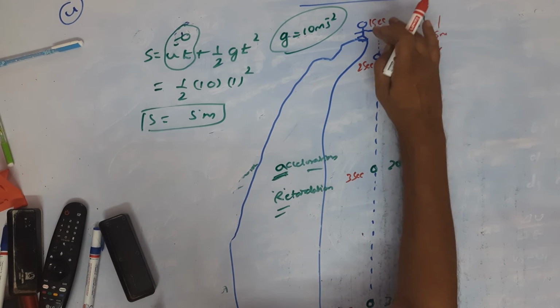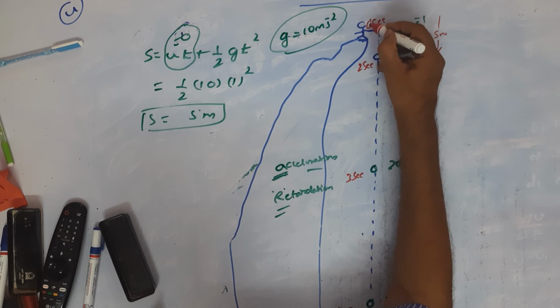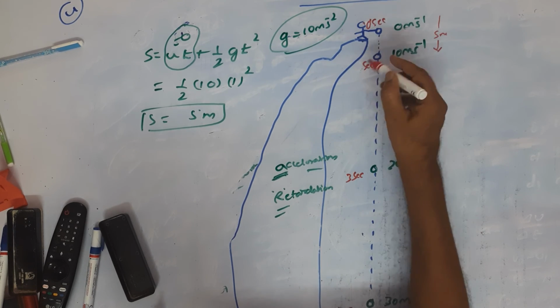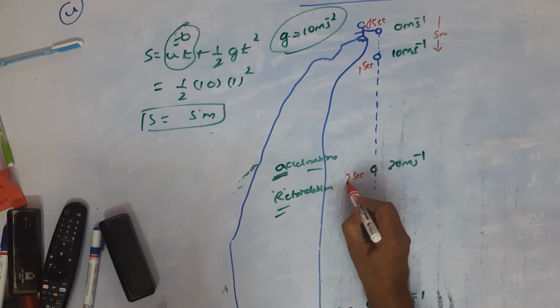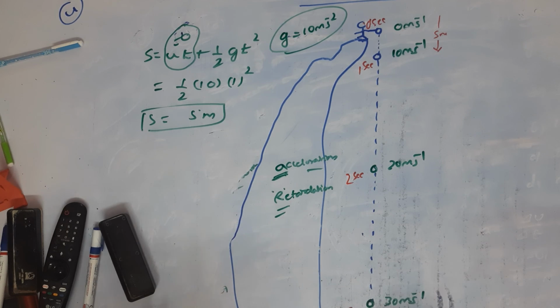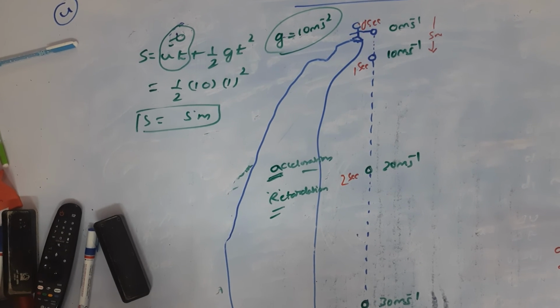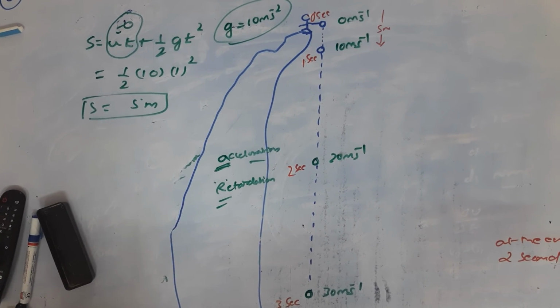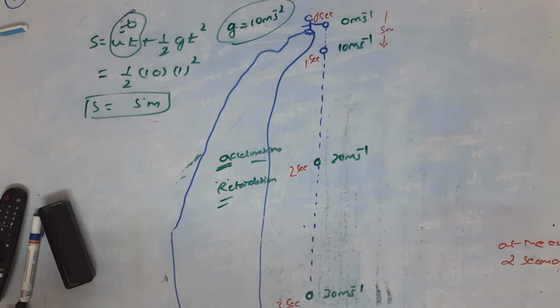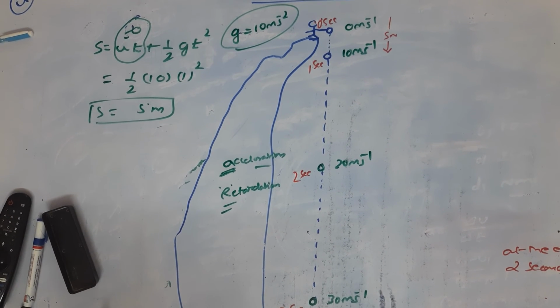So this is 0 second, this is 1 second, this is 2 second, and this is 3 second. Okay, now it is correct. Well, now can you tell me what is the distance traveled by this at the end of 2 second? Oh, you are not able to see. Yes, fine, I will make it visible. Now it is correct. At the end of 2 second, 10 meter, 10 meter.